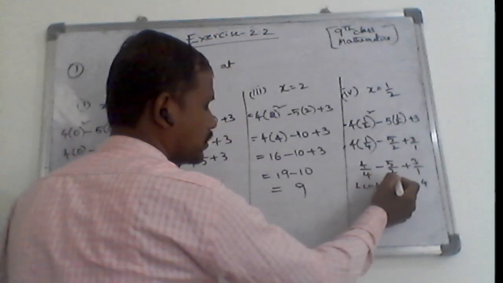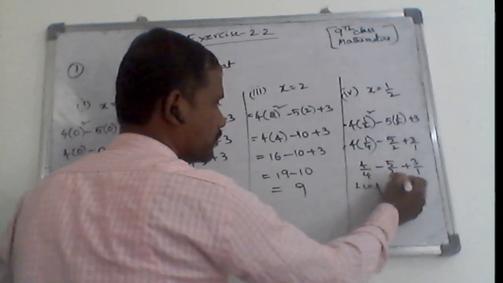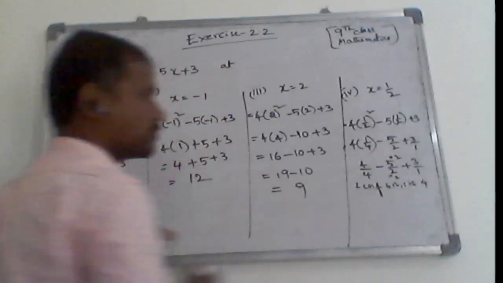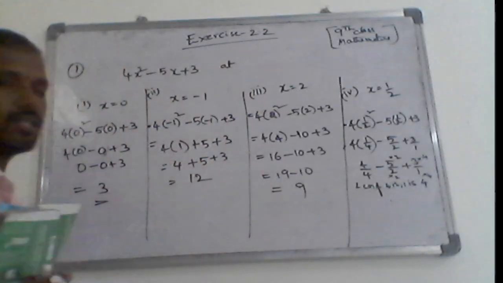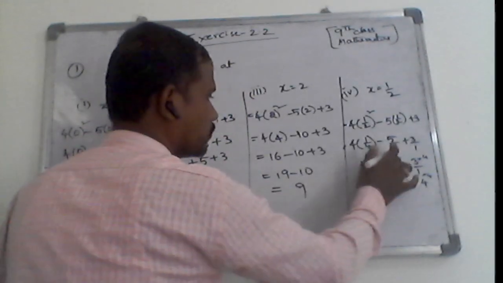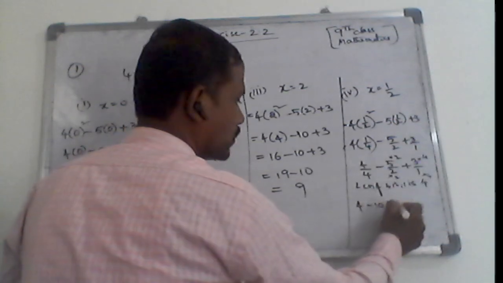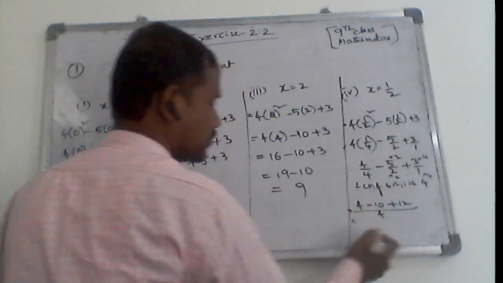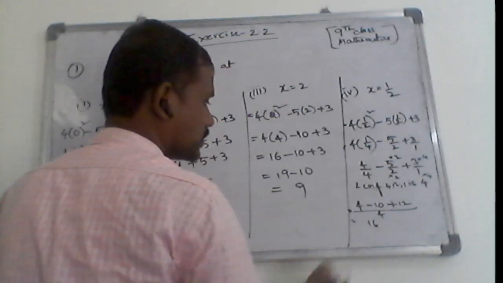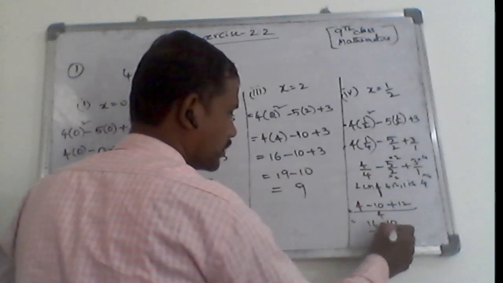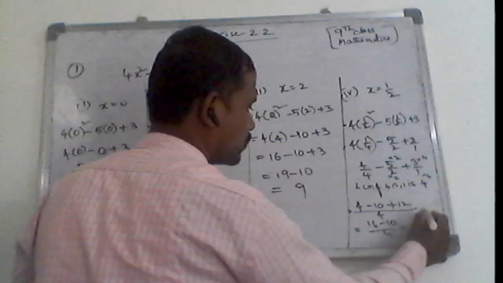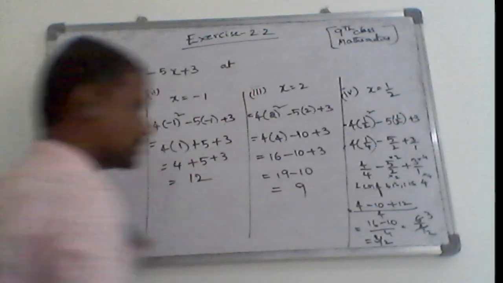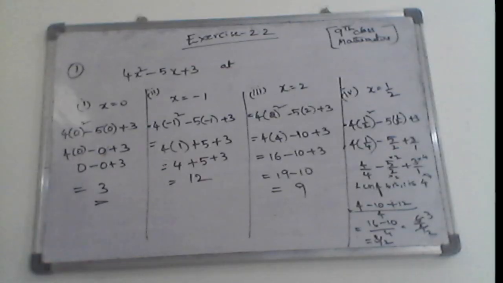So here 2 is the denominator, so multiply with 2, 2 twos are 4. Here also the numerator multiply with 2. So next one here 4 ones are 4. So 4 multiply with 3 also. So next one, 4 minus 5 twos are 10. Next 3 fours are 12 by denominator 4. So 4 plus 12 is 16, minus 10 by 4. 16 minus 10 is 6 by 4, 2 twos are 4, 2 threes are 6. 3 by 2 is the final answer. Okay, these are the answers for question number 1.